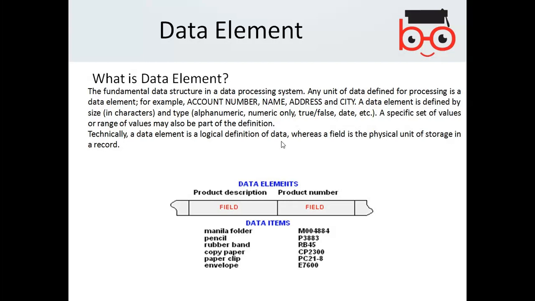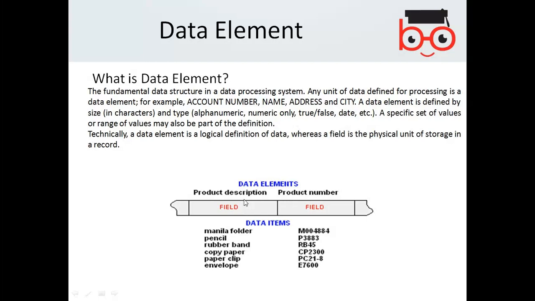Technically, a data element is a logical definition of data, whereas a field is the physical unit of storage in a record. So, for example, if you say that product description is a data element, then that data element is a name given to a particular field, while the physical data is stored under that particular description, like manila folder, pencil, rubber band, copy paper, paper clip, envelope.